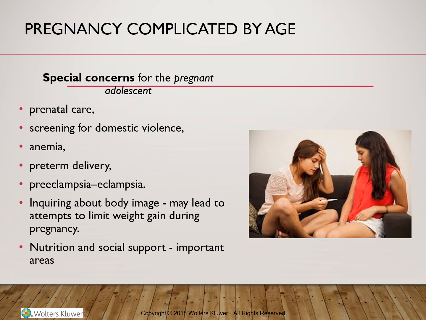In addition, social situation and maturity level are usually low. Most likely they are unmarried, have less education, are members of an ethnic minority, and live in poverty. As a result of those factors, they may be unaware of basic body physiology, and may be unaware of the pregnancy and the stages and development of the pregnancy.